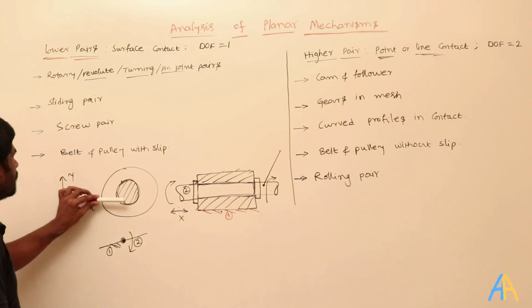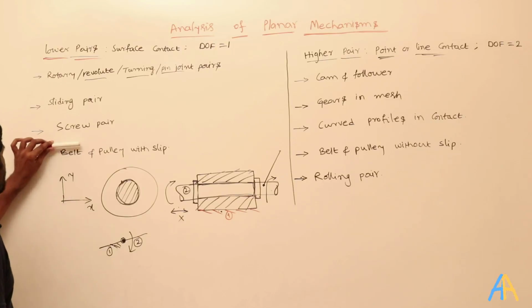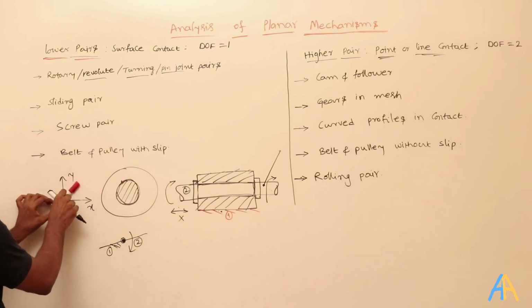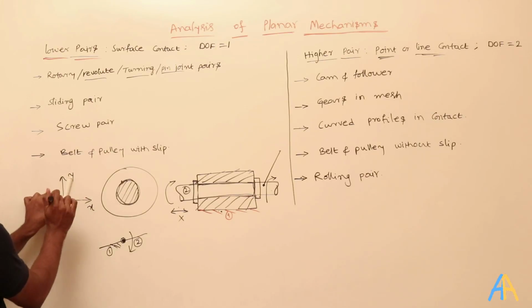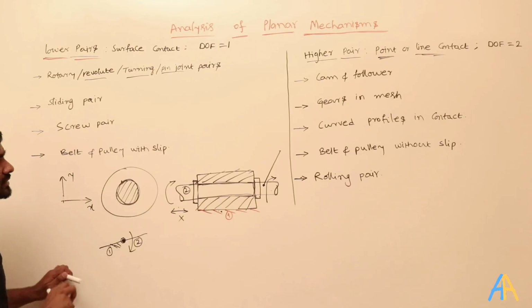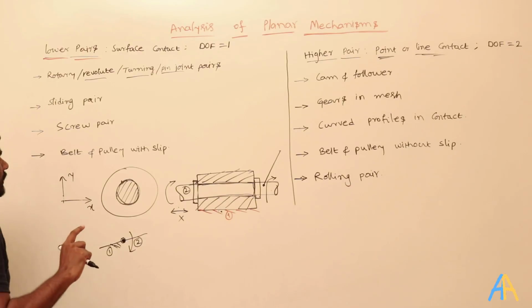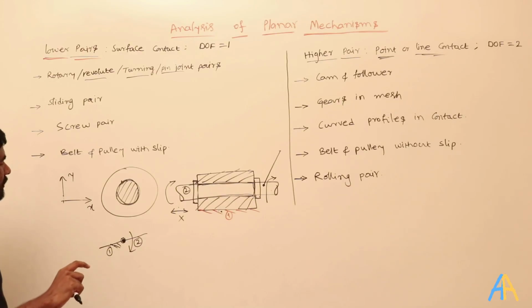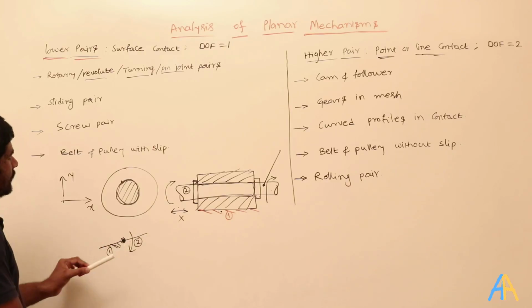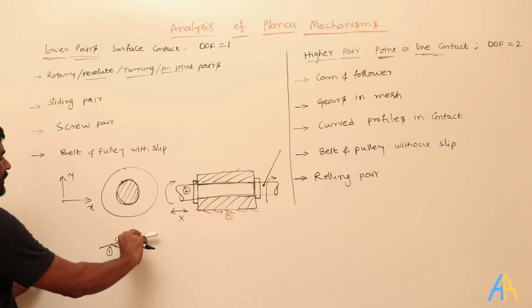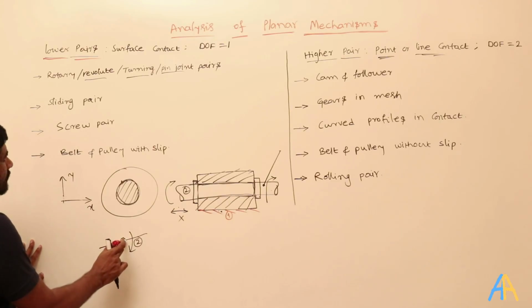So it can go along the x-axis, it can go along the y-axis, and it can rotate about the z-axis, which is perpendicular to the x and y. Okay, it is rotating. That means it is having 3 degrees of freedom in a plane. So in a plane, how many degrees of freedom? 3 degrees of freedom. When I attach it to link 1 by using this rotary or revolute joint, then